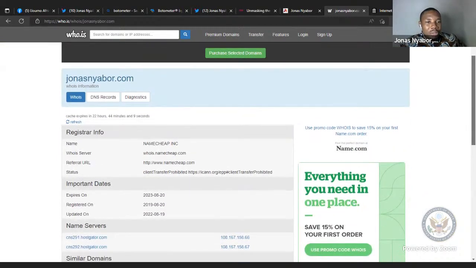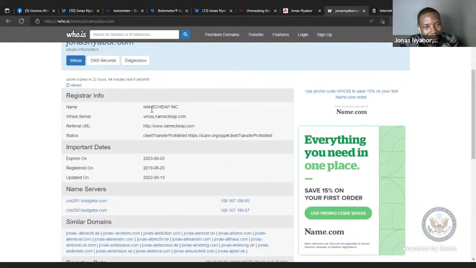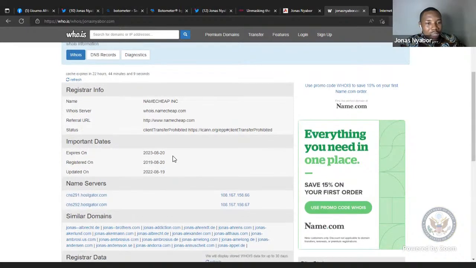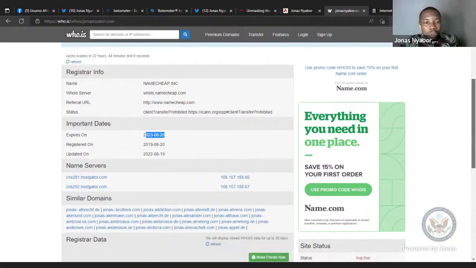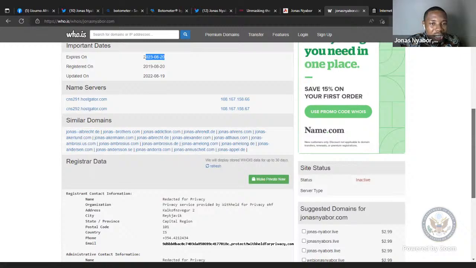The result, as we have here, you can see that, of course, I won't hide it. This domain name was registered on Namecheap.com Incorporated. And then the date, as I talked about here, you realize that I first registered this domain on 19th August 2020. I last renewed it, I think in August, and so it runs until next year, 2023. This information is important, like I said, based on how important the dates are. And you can glean other information.